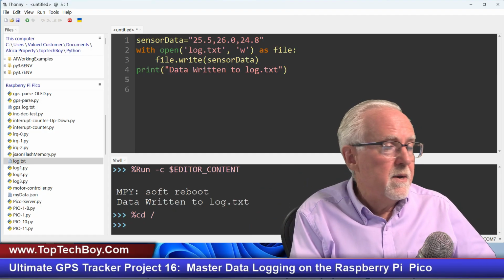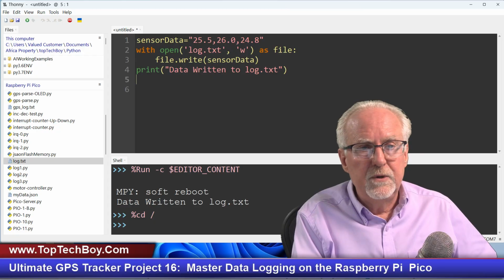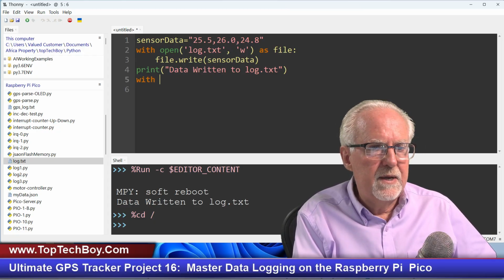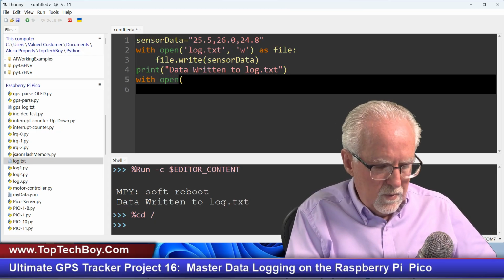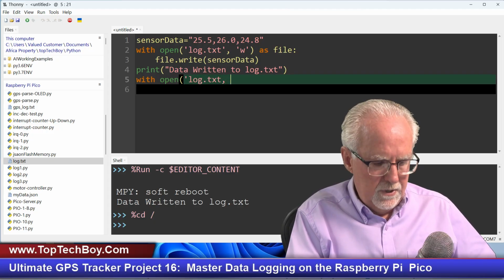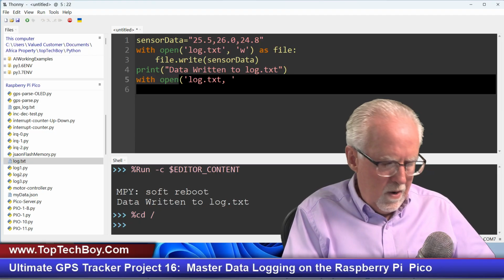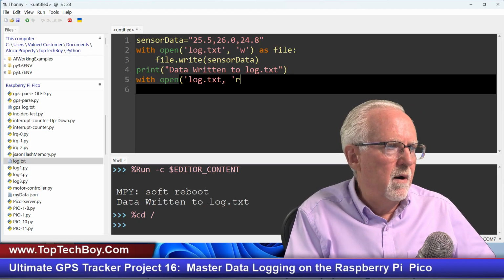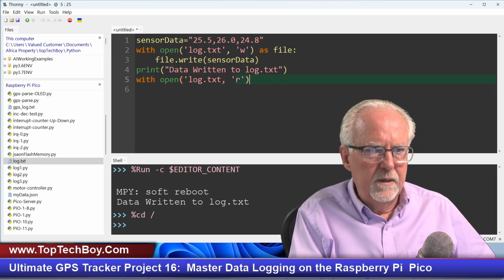Great success. But if you want to write, what else do you want to do? Well, you want to be able to read it. So I'm going to say with open again. What do I want to open? I want to open log.txt, and I want to open it as a W. No, I want to read this time. So I'm going to put an R there, and then we're going to close it, and then we're going to